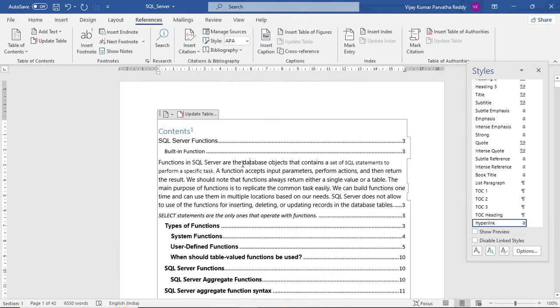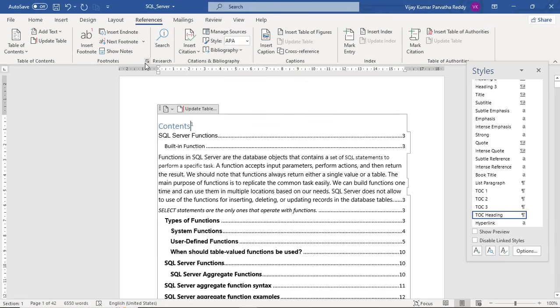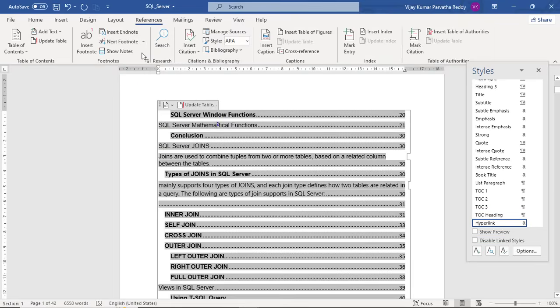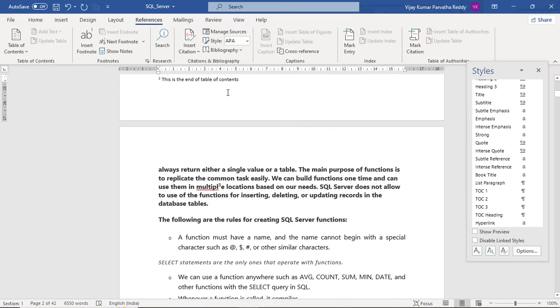Where you have the notes, there it will show. Like that you can navigate with previous footnote or next footnote, and Show Notes, and it goes to the notes area.